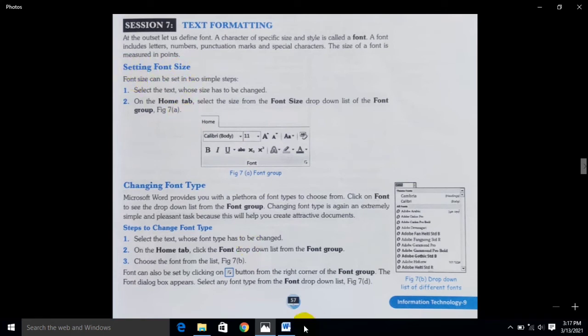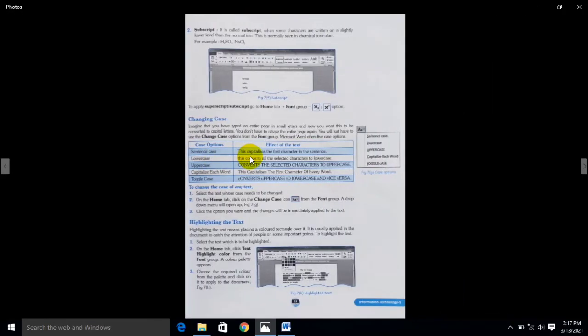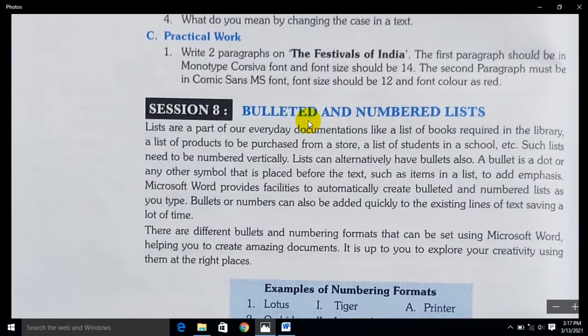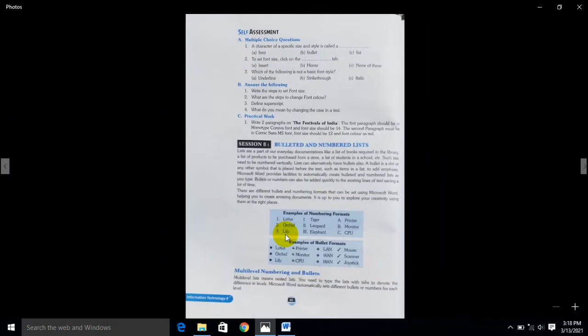Okay, in the first question you have to write down this answer. And the second question is: write the steps to change the font color. If you want to change the font color, what will be the right answer?